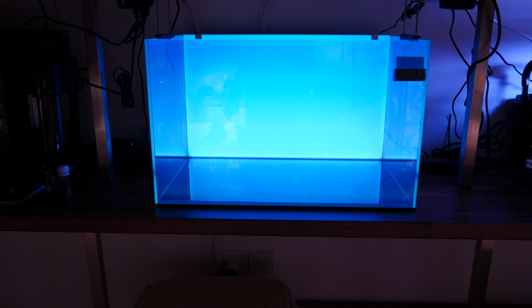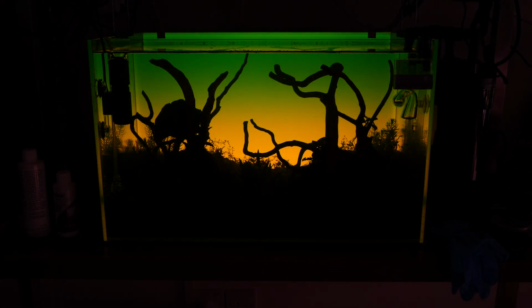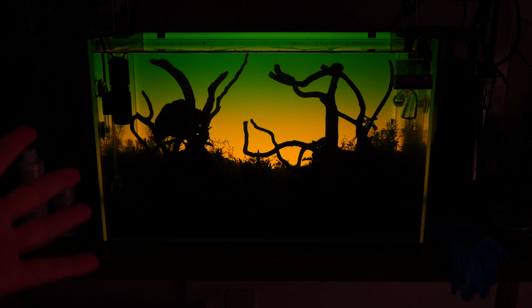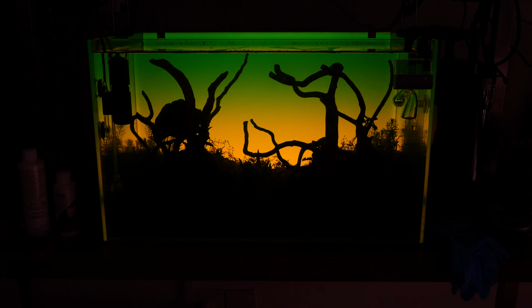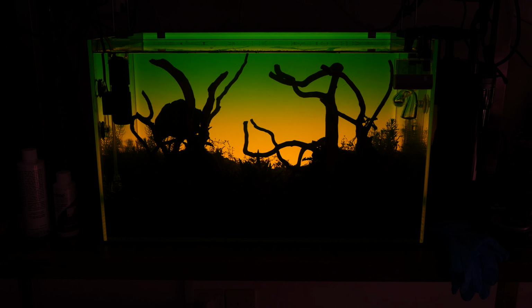Now, let me just show you the more magical settings and how I have been running this product for the past week or so. Alright, so now it's actually early morning, and this is the preset that I have for early mornings. It's supposed to imitate a little bit of a sunrise. I know it doesn't look very realistic, it should be more purple, but the sunset is purple and I just wanted to showcase more colors. I'm more of a whimsical type of person, don't care if my escape is not very natural, but